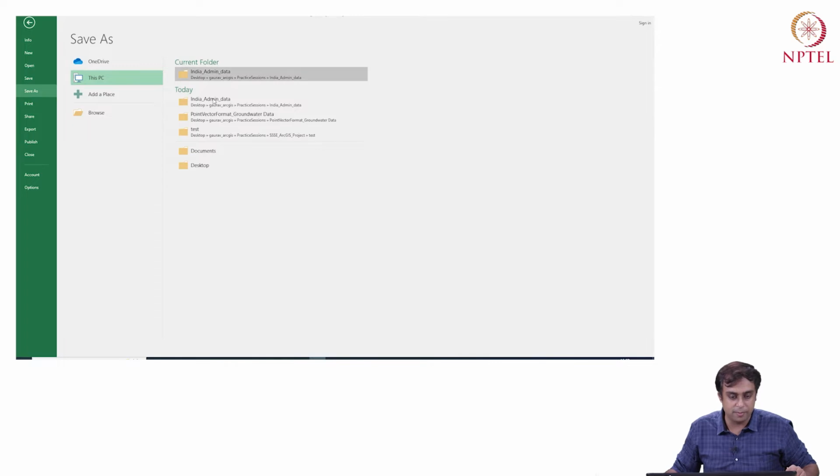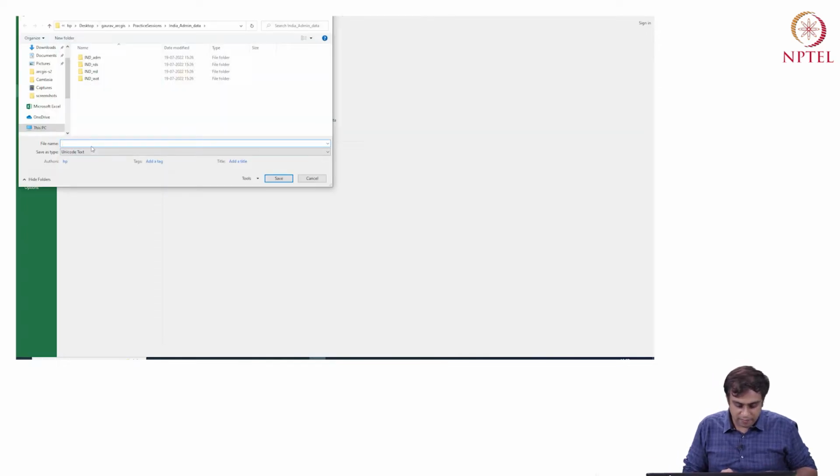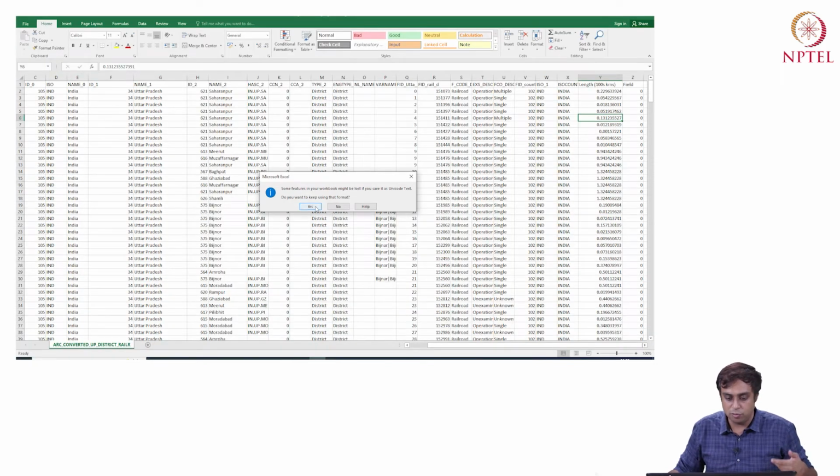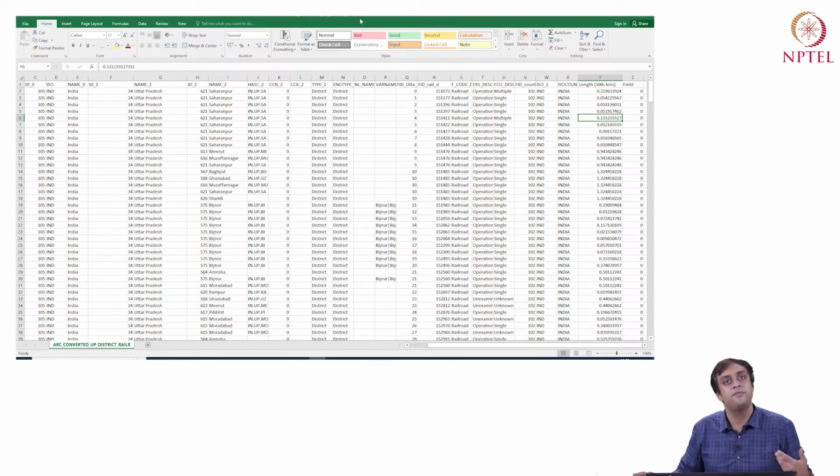I'm going to still save as. I'm going to say, okay, I will say convert ARC converted UP district level railroads. Okay, so I have my lengths. Now I can take it and I want to just save this file differently. I can just import it in any system. I can take it across systems. So now I have a way to take a data set from an ARC table to an Excel table, something